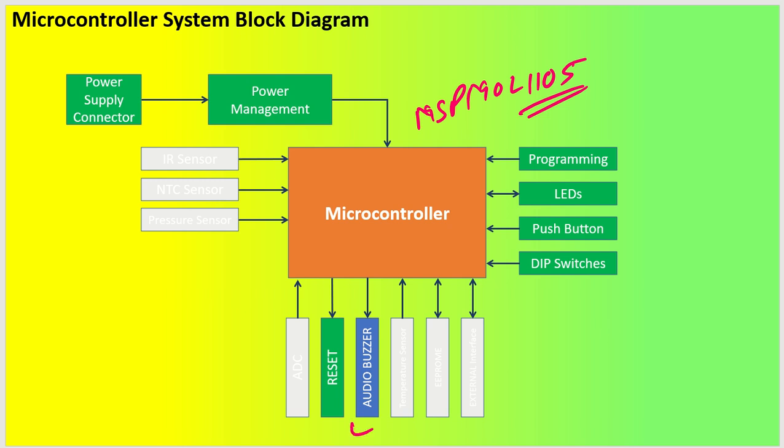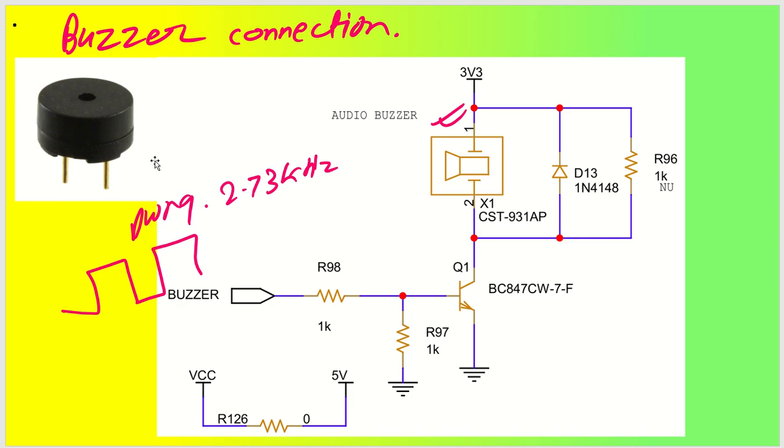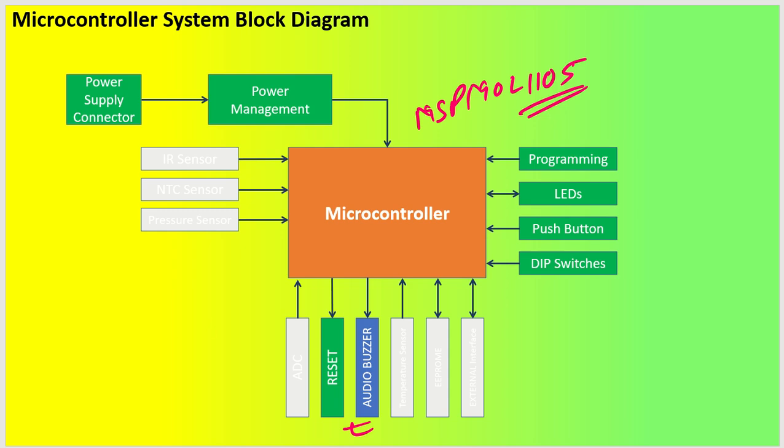We will start with the audio buzzer connection. As you will see, we may need an alarm buzzer or something like that for our system. Let us say we need a beep sound, and for that we can utilize one audio buzzer, let's say a magnetic transducer. We will see how to put this circuit in OrCAD, and at the same time we will also see how we can generate 6 PWM, like 3 pairs of complementary